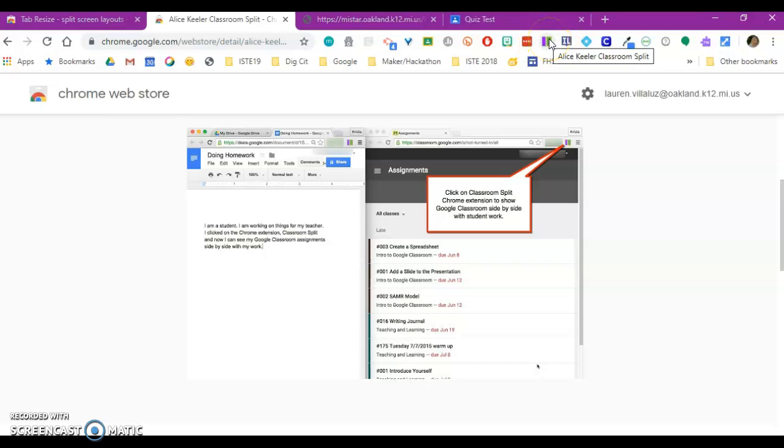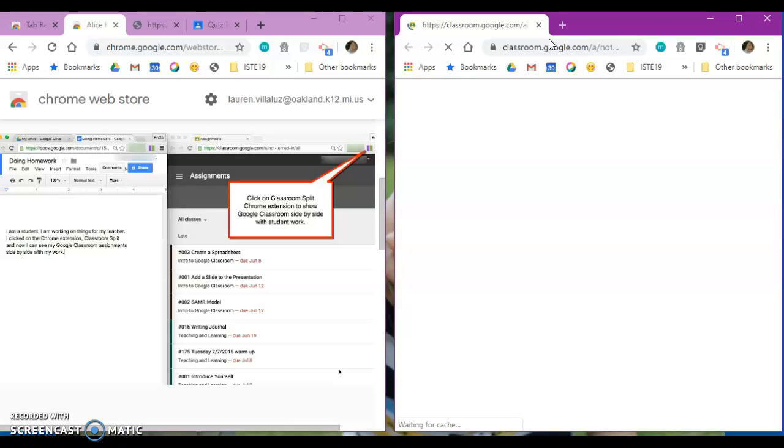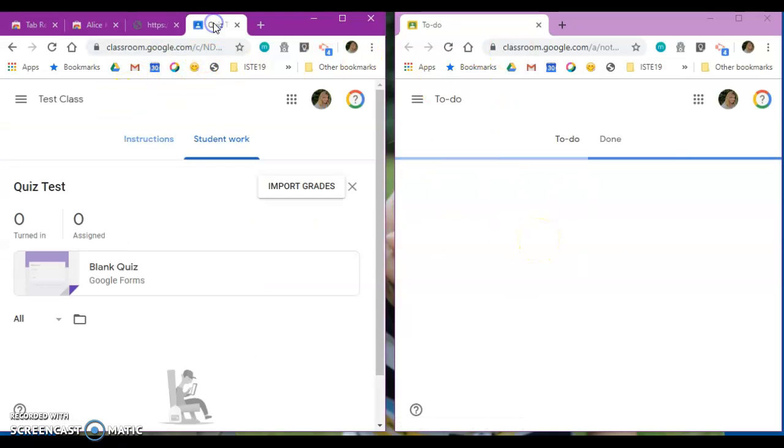So this is what that Chrome extension looks like up here. It's the green and purple, and so it just pulls up my Google Classroom over here. And so I can be looking at one page in my Google Classroom over here, maybe the assignment directions or a rubric, and then I could be looking at the student work over here,